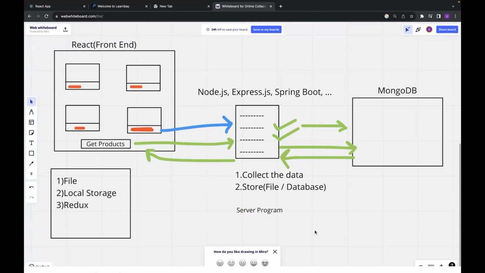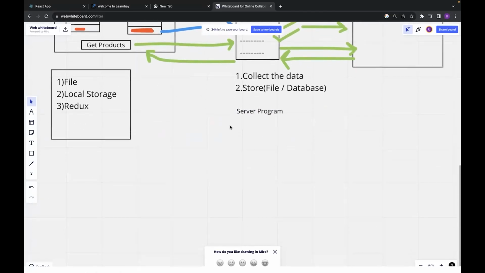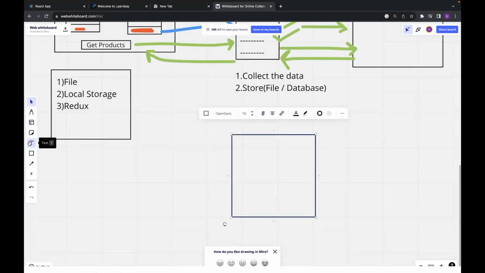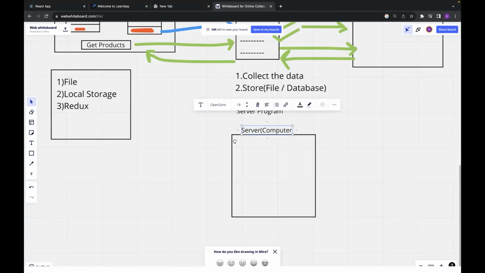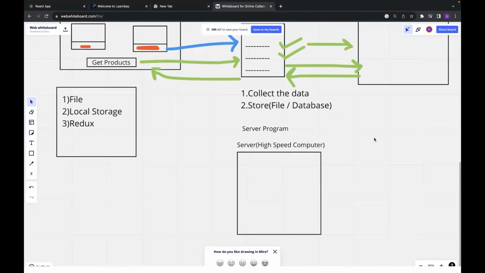Sir, why is this program called a server program? First of all, what is a server? A server is a computer. When I say a server is a computer, it's not a normal computer. It's a high-speed computer. Sir, why should this computer be high-speed, with more GB RAM and good hardware and software configurations? Why should this be there? Because